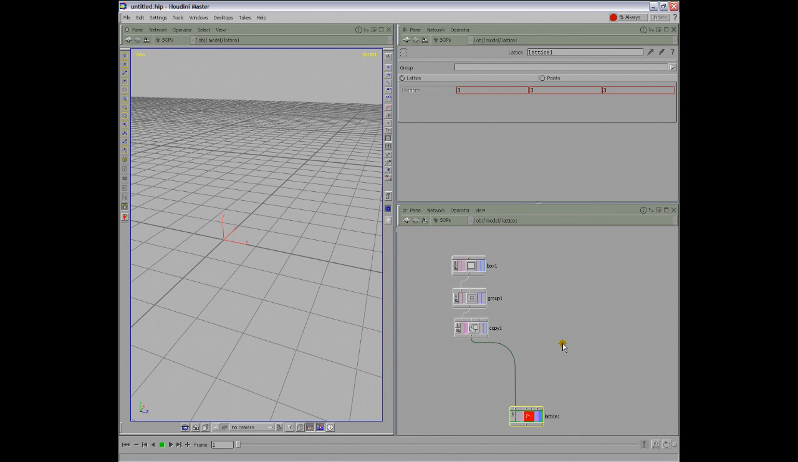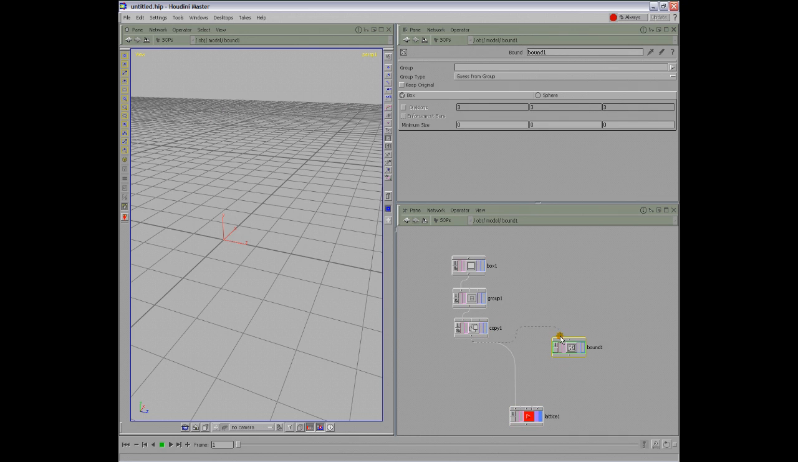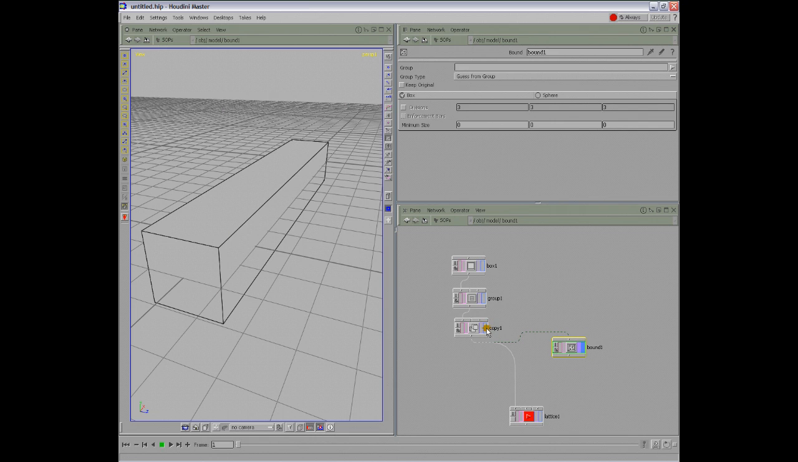So to give ourselves a lattice, the easiest way to do that is to create a bound object, which will generate a box based on the input SOP. So now we can see our copies automatically generate